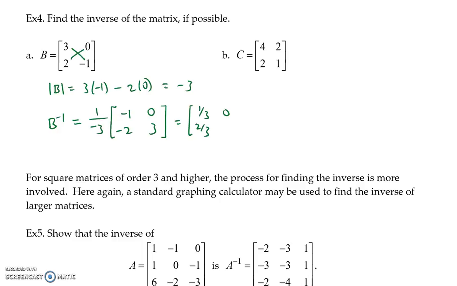And negative 1/3 times 3 is negative 1. So this is the inverse of B. Notice we obtained some fractions. That is not unusual when you're finding an inverse because of the fact that we're multiplying by the reciprocal of the determinant. So don't be surprised if you get some fractions when you